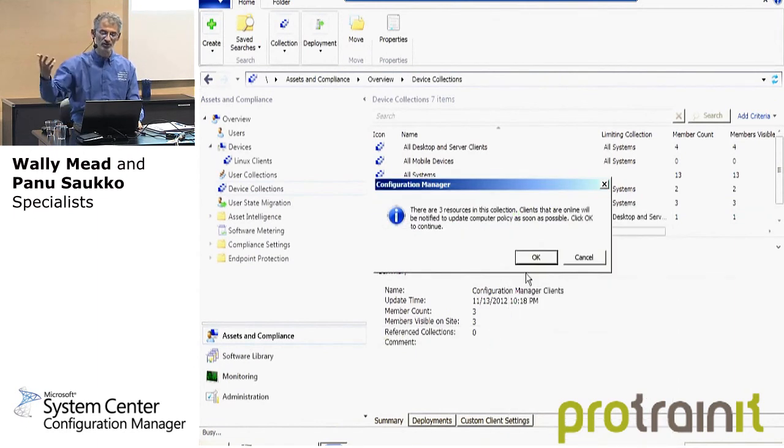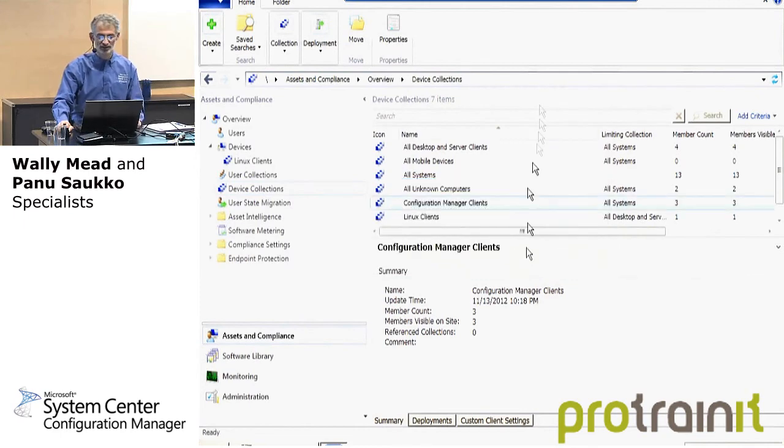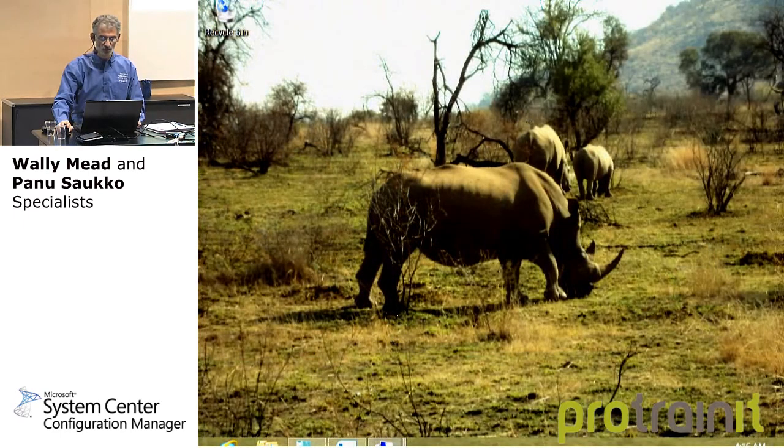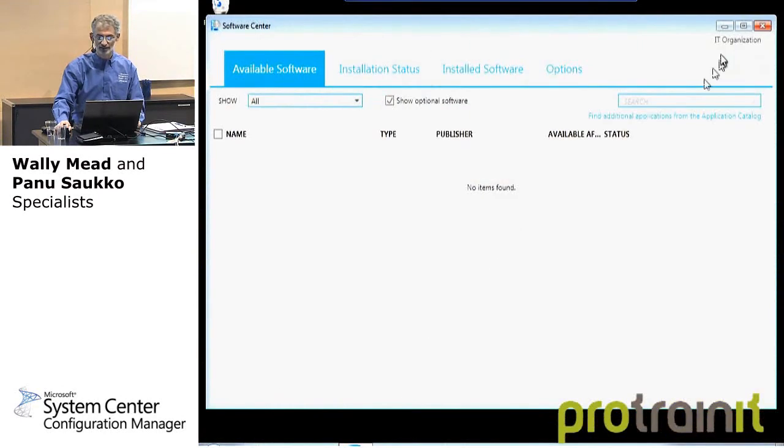It says there's 3 resources in this collection. You're going to generate network traffic right now. Are you sure you want to do that? And I'm brilliant, I'm going to say yes. I do want to do that. Click OK. And then within moments, if this is working,